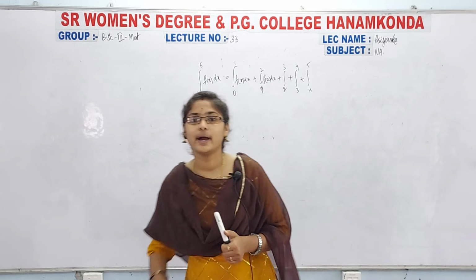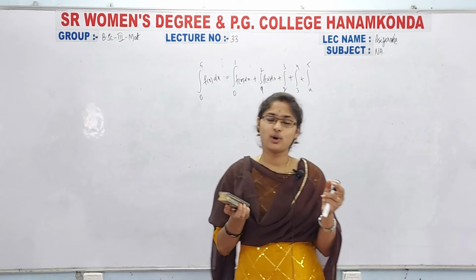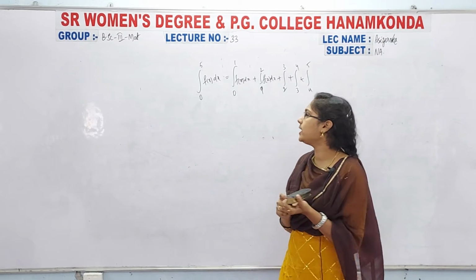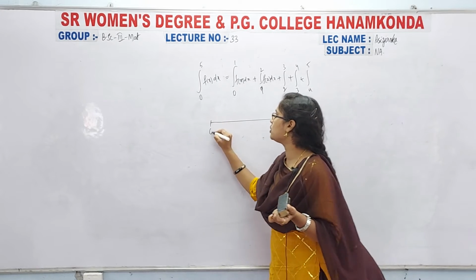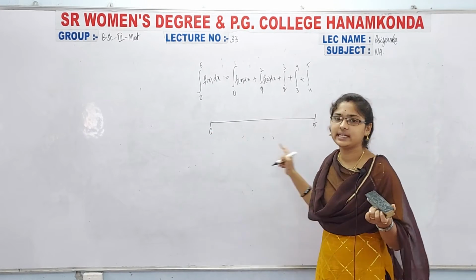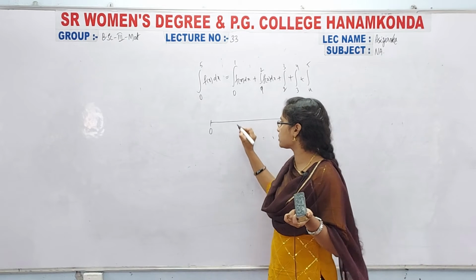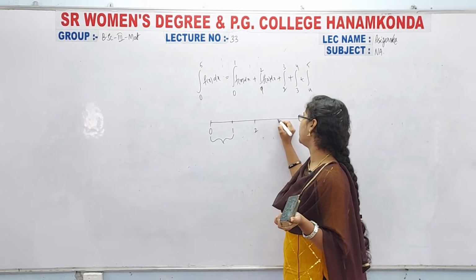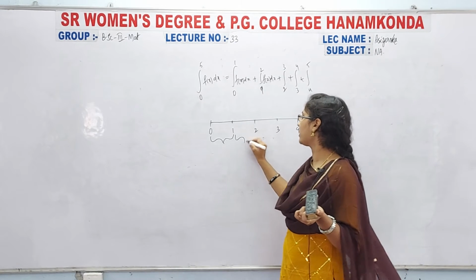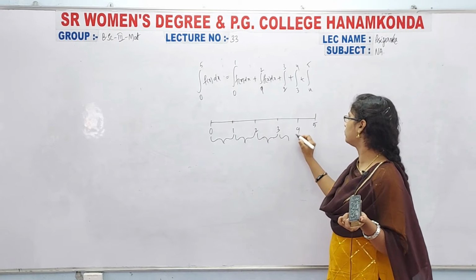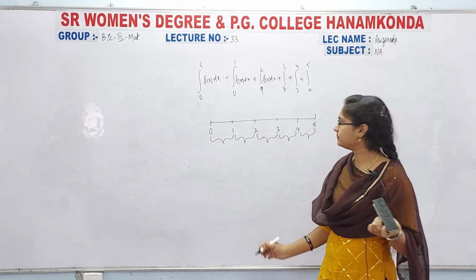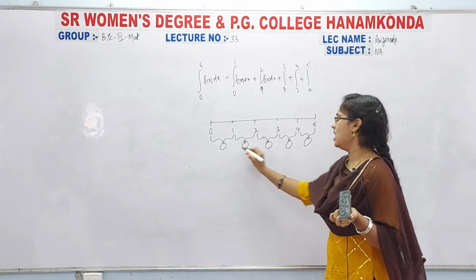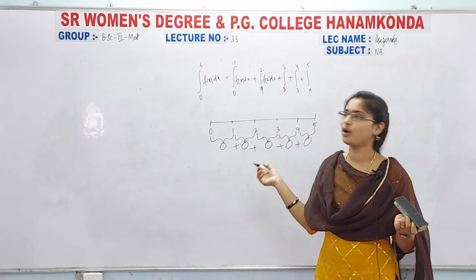So this is nothing but finding the value of the integral. Otherwise, the length of the simple integration, totally the actual line length is 0 to 5. We are dividing this entire line into some equal parts. Those are 0 to 1 here and 1 to 2, 2 to 3, 3 to 4. Clear? Now in this spot we will get one answer, and here one answer, one answer, one answer, one answer. Simply we have to add all these, then we will get the final answer.